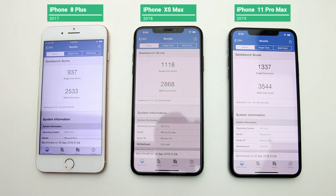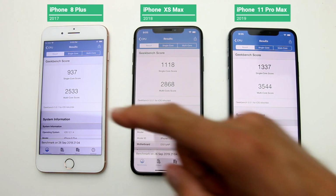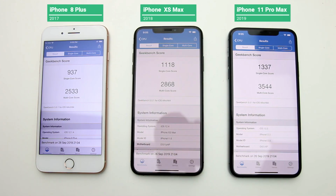Alright guys, the results are up. The 11 Pro Max finished first, and that's of course very much expected for this year's flagship device, and it finished several seconds earlier than the XS Max, and then the 8 Plus took the longest. Of course, that's not surprising. What I didn't tell you is that we will likely see a major difference between the 8 Plus